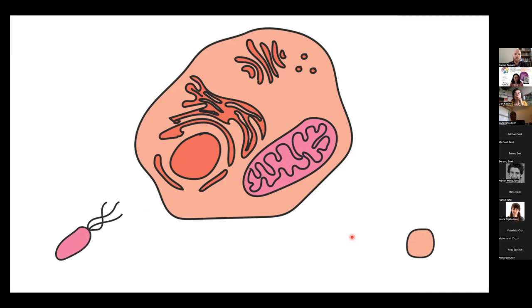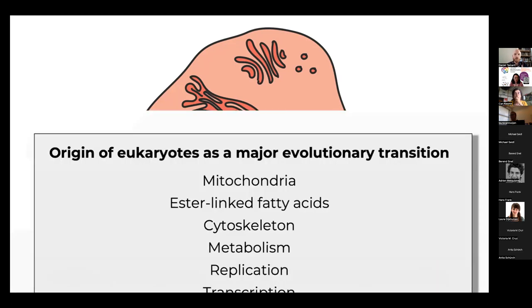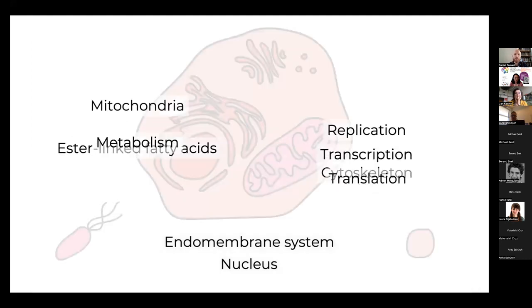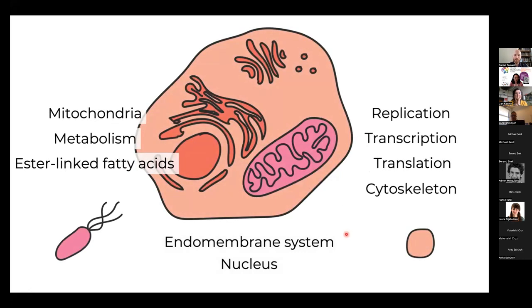So when we try to explain how this first eukaryotic cell originated, we still have a lot of work to do. And one of the things that we try to do is to basically pinpoint each one of the aspects that makes a eukaryote and try to understand how it evolved. There's definitely been a lot of work over the last decades that has shown a lot of progress in this arena. And some things that we can see,